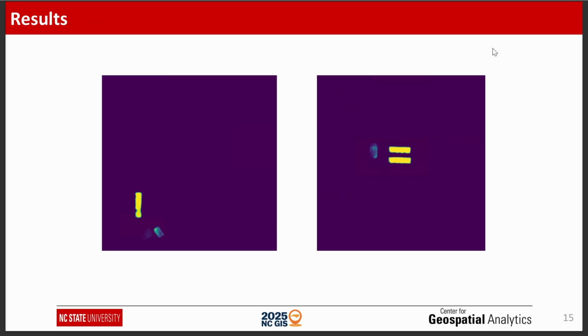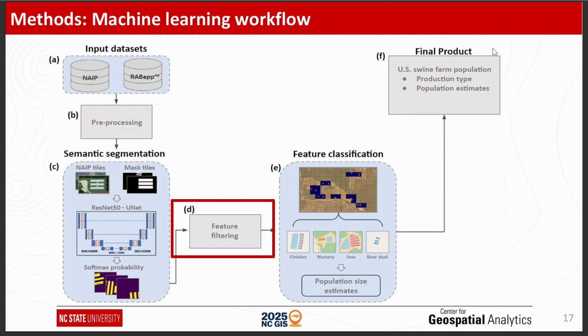On occasions, the model will get confused, understandably, because we're relying on the reflectance values from the farms and learning from the different features that the model considers important to distinguish a barn from a non-barn. So sometimes these ghostly figures appear right there, which is the model allotting a little bit of probability to these pixels, saying maybe it's a barn or maybe it's not. But that's when the next part of the workflow comes in, which is the